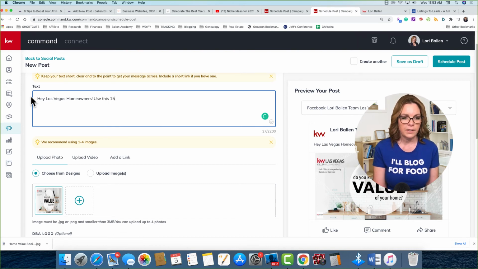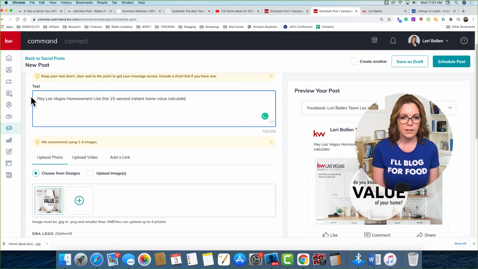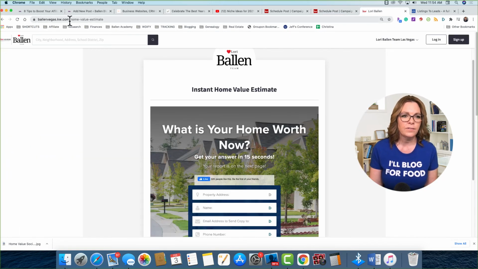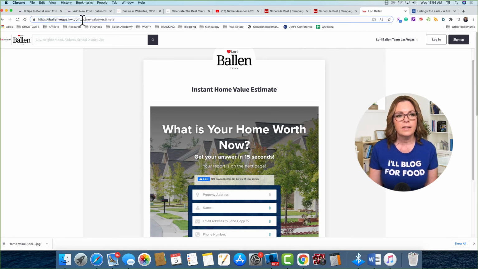Use this 15-second instant home value calculator to estimate what your home might be worth. We all know these estimates aren't accurate, so you're just giving them an estimate. And then I'm going to take this page up here, ballenvegas.kw.com. That's my KW website. And then this,